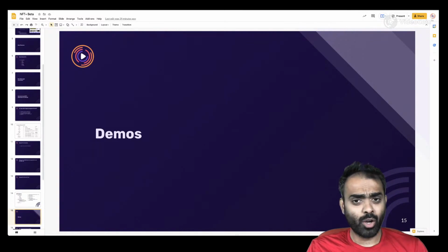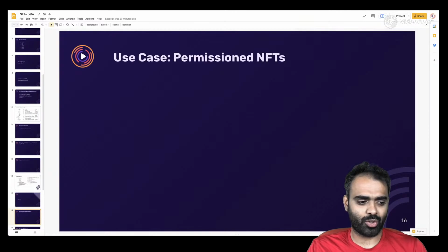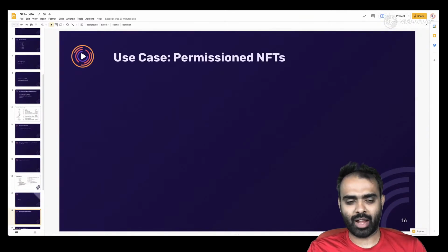So we'll go with the demos now, and I'm going to do something slightly different this time, where I'm going to talk to you about a use case, and then we'll go and implement that use case. So the first one we'll do is a permissioned NFT. Let's assume that you have